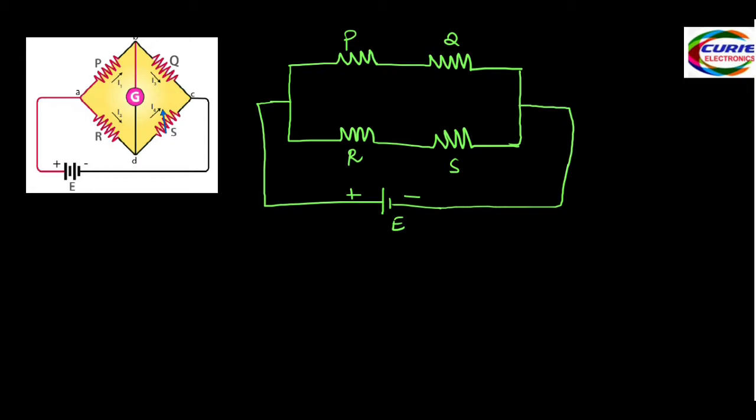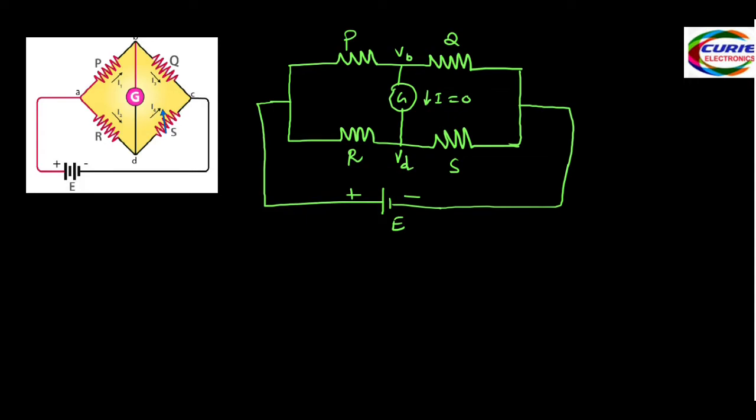Now, where is the galvanometer connected? Galvanometer is connected here. Now, I told you when the bridge is balanced, current through the galvanometer equals 0. This I here equals 0. How is it possible, how can the current become 0? If this potential, I will take it as VB, VB and VD are at the same potential, then there is no current flow through the bridge. Then only the bridge is balanced.